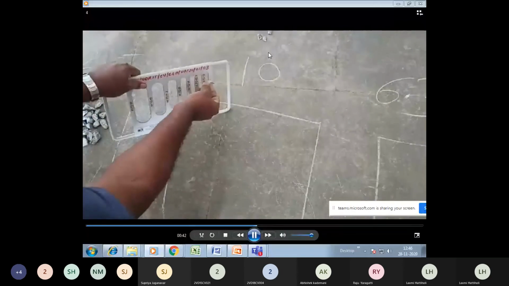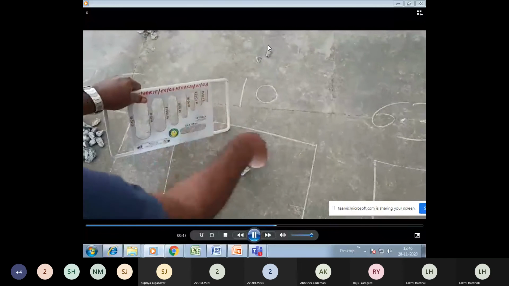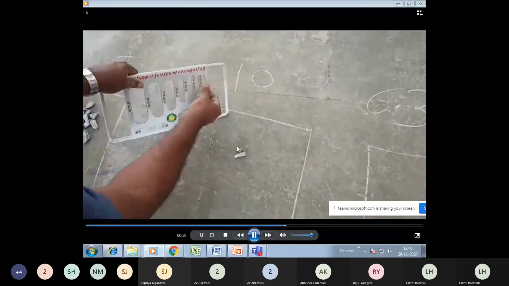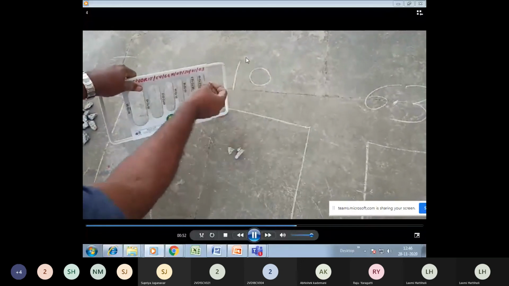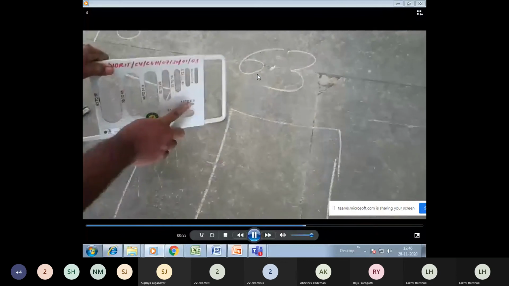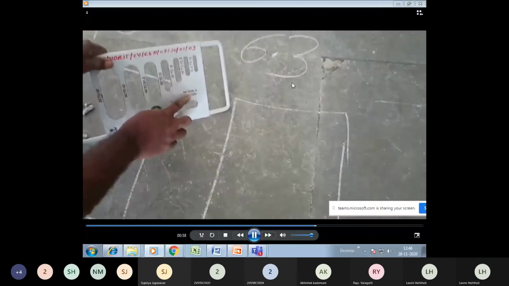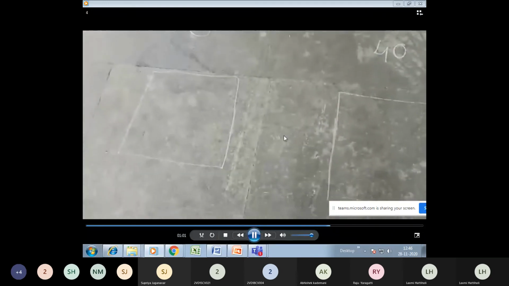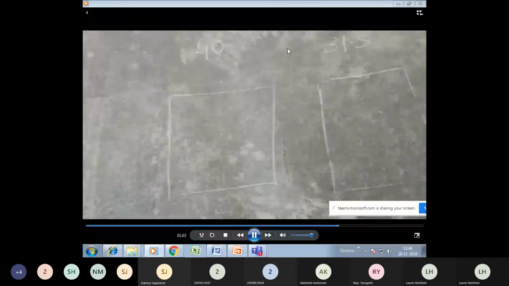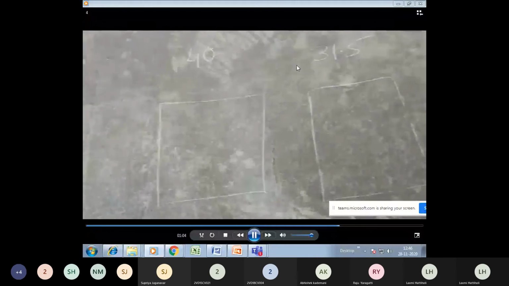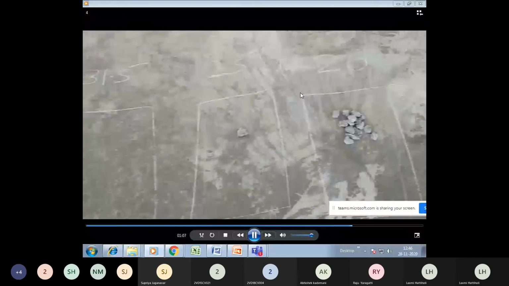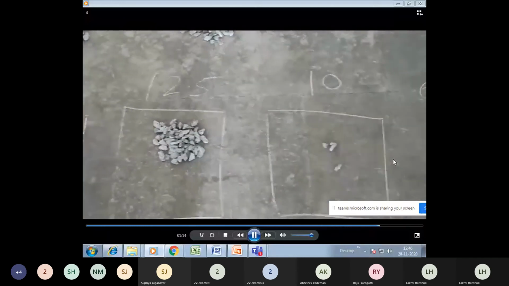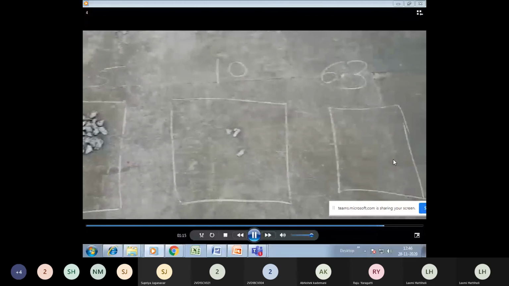Similarly for 10 mm, you can see here all the aggregates have been passed, and whatever aggregates were retained have been kept inside the block. The rest of the aggregates remain outside. Similarly for 6.3 mm, of course there was no aggregate, so nothing has been retained. Once all the aggregates have been passed, I am showing how many have been kept inside the block and outside the block. The retained aggregates have been kept inside the block here. So this initial experimental part is over now.